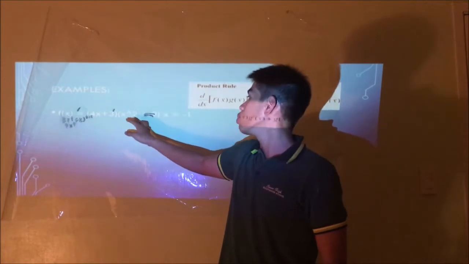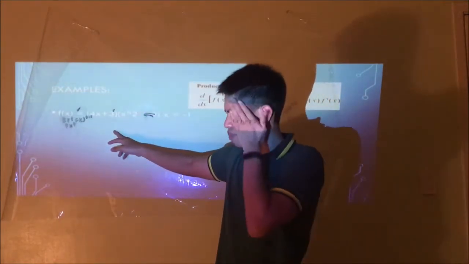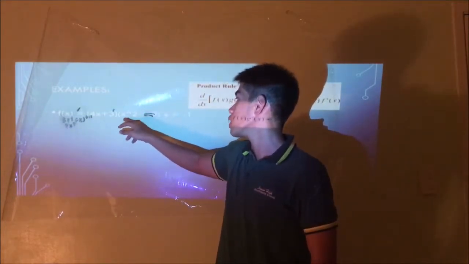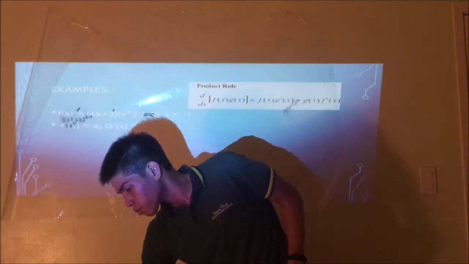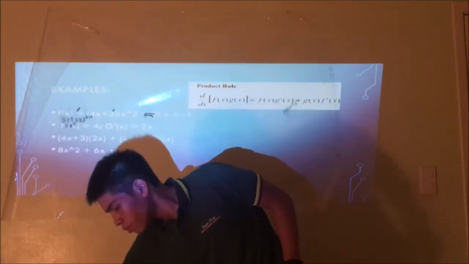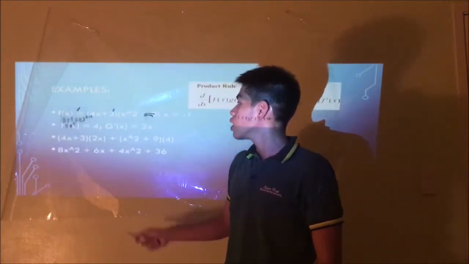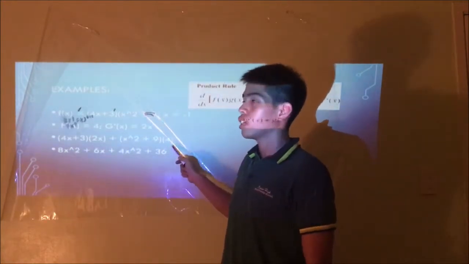Next, it's going to be x squared plus 9. It's the same. 2 times 1. Next, 2 minus 1, that's going to be 2x. And there you go. After getting everything,